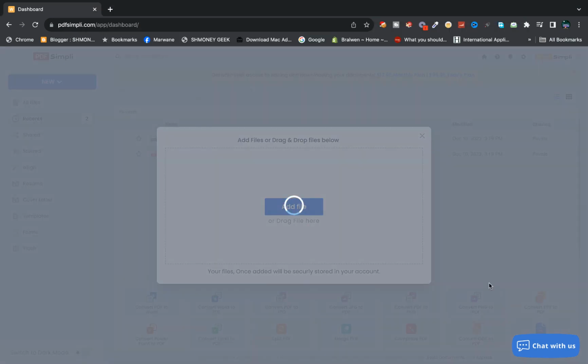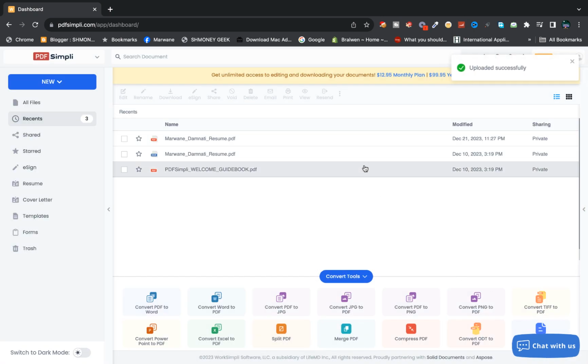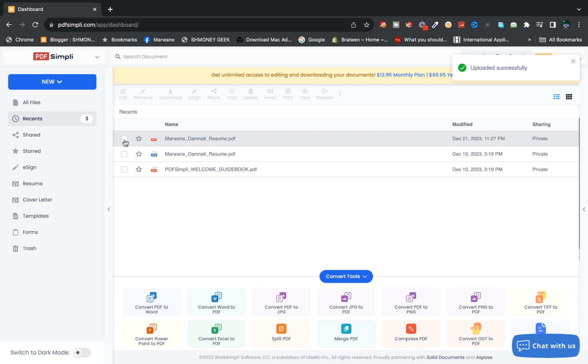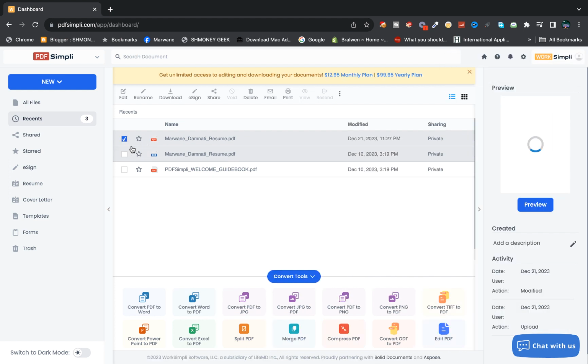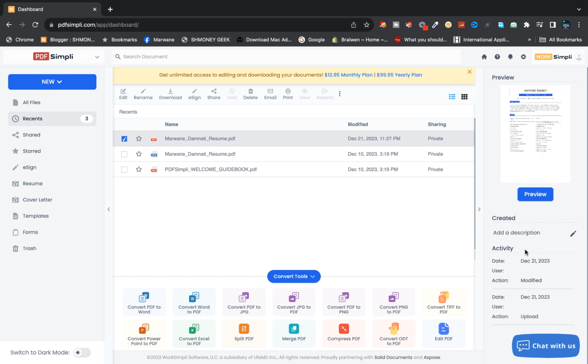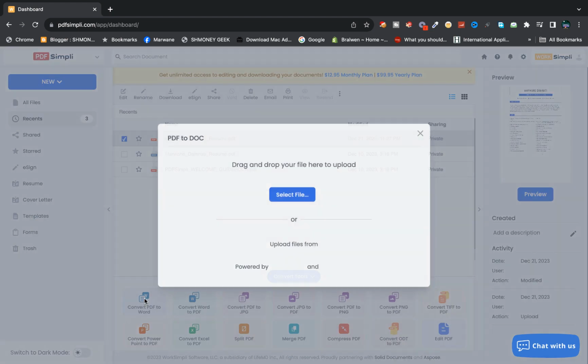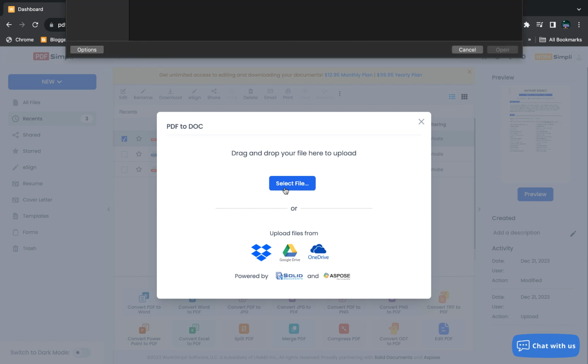and now all you have to do is wait for a few seconds. So the PDF file is here, guys. I'm gonna select the file, and then you can click on convert PDF to Word or convert Word to PDF. If you have a Word file and you want it as PDF, you can do a lot of cool things in this website. So I'm gonna choose convert PDF to Word, like this one, and I'm gonna select the file